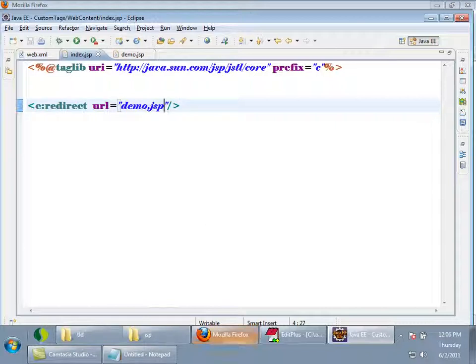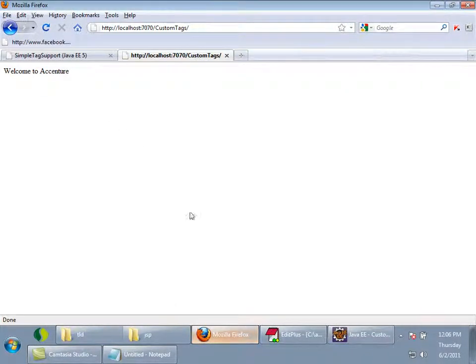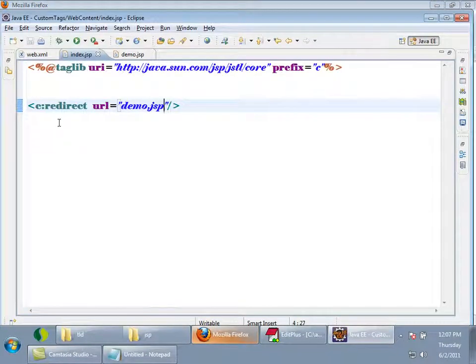Now see, if I refresh now, I should see the contents of demo.jsp. These are the contents of demo.jsp which I showed earlier. So I gave slash but it automatically got redirected to demo.jsp, right? So if you want to redirect from one JSP to another, c:redirect.